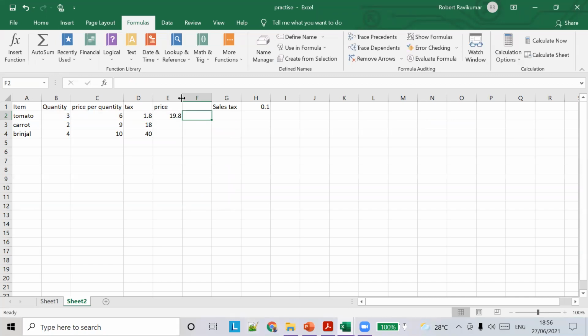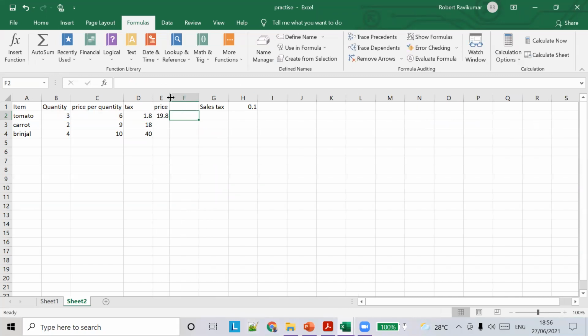So this is the price including the tax, right? So we have the tax column. The price is 6 into 3, 18. 18 plus 1.8 is 19.8.